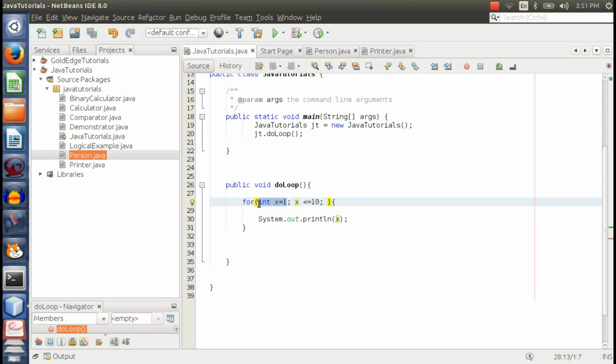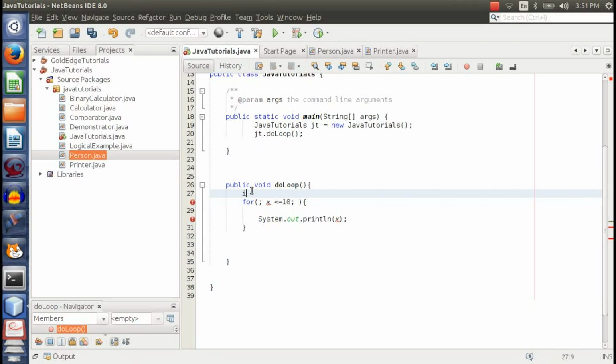The initialization part is also actually optional. I could decide to put it here. I could declare the variable out there and I could initialize it here. X is equal to 1. But I could completely take this out without any problem and maybe initialize the variable outside here instead. I have the three parts, but the initialization and reinitialization are empty, yet the loop is going to run. This is still going to cause us an infinite loop because there is no